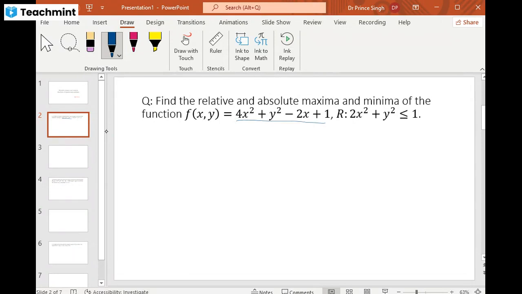Here the region is 2x square plus y square less than or equal to 1. Before we find the solution of this problem, firstly we need to find out what the given region is. If we try to express it, this region is of the type x square upon 1 by 2 plus y square upon 1 is less than or equal to 1. So basically the given region is an ellipse